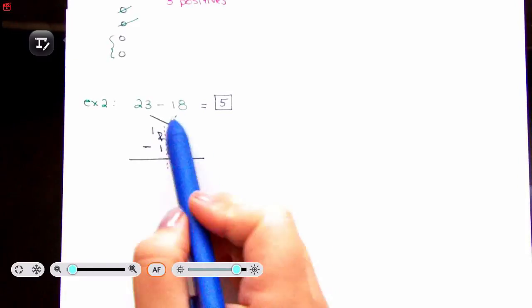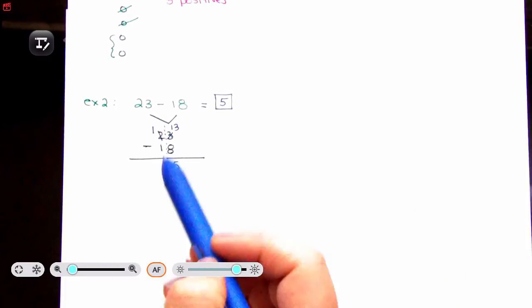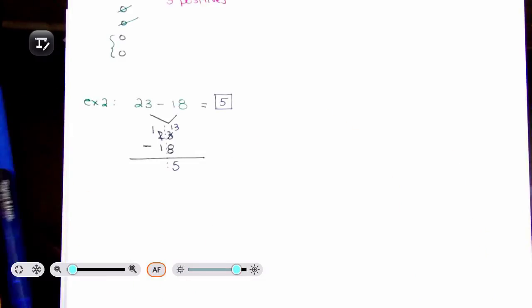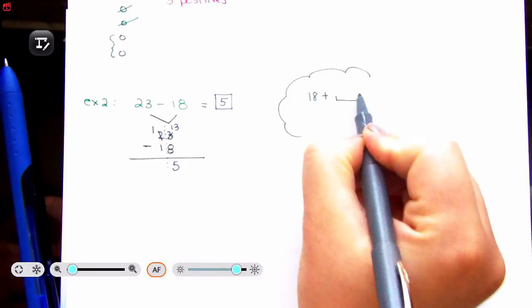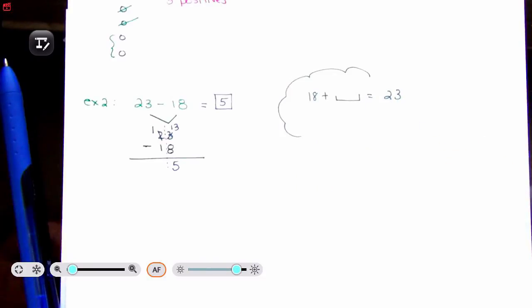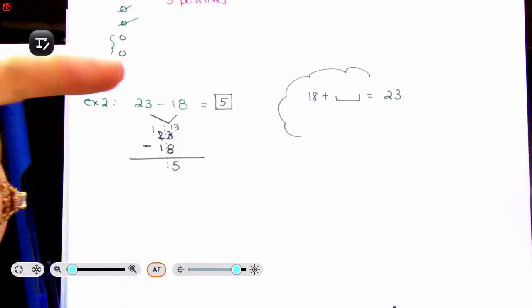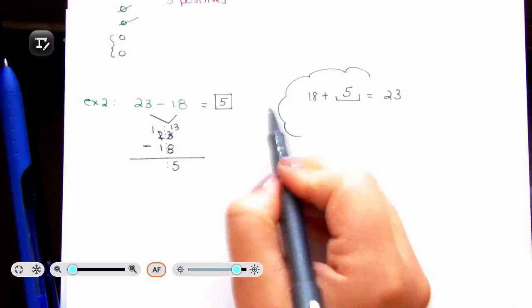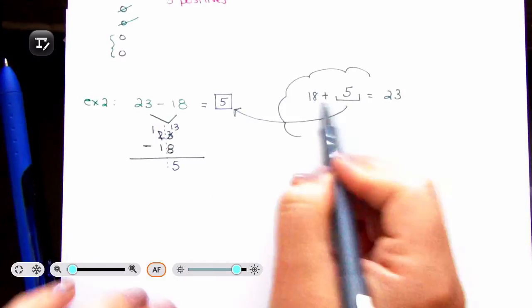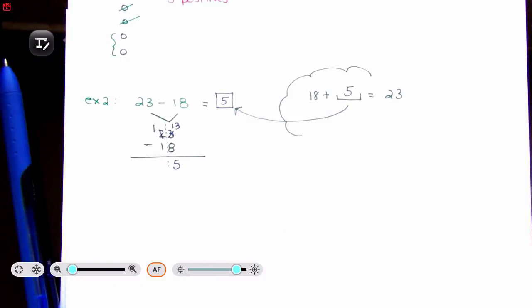You can also, if the numbers are small enough, use that method. So for example, another way, let's do a thinking bubble. 18 plus what is 23? 18, 19, you can't see it, but I'm counting using my fingers. 18, 19, 20, 21, 22, 23. 18 plus 5 is 23. And we can do this because addition is the opposite of subtraction. Subtraction is the opposite of addition. By opposite, we say undoes each other. So that way,